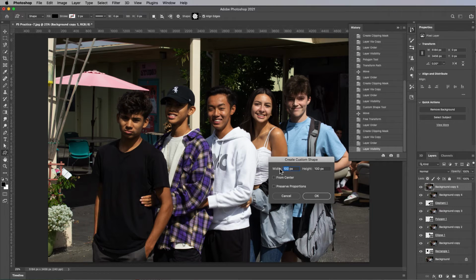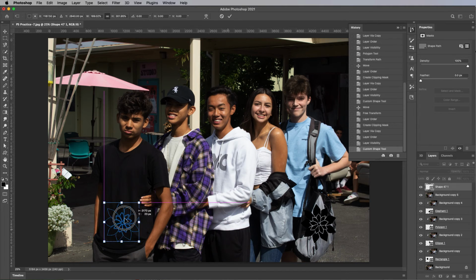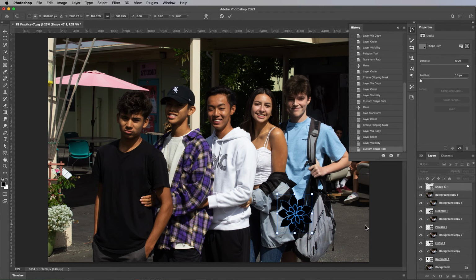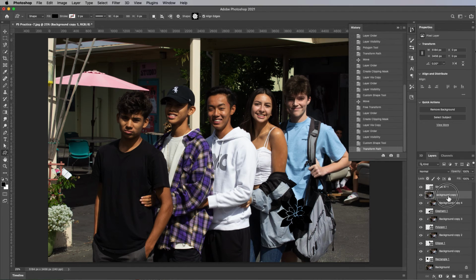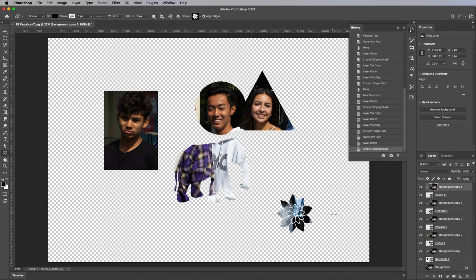So let's do a 300 by 200 flower. There it is. You can Command T that if you want. Yep. And make a clipping mask. Oop. Undo. Okay,